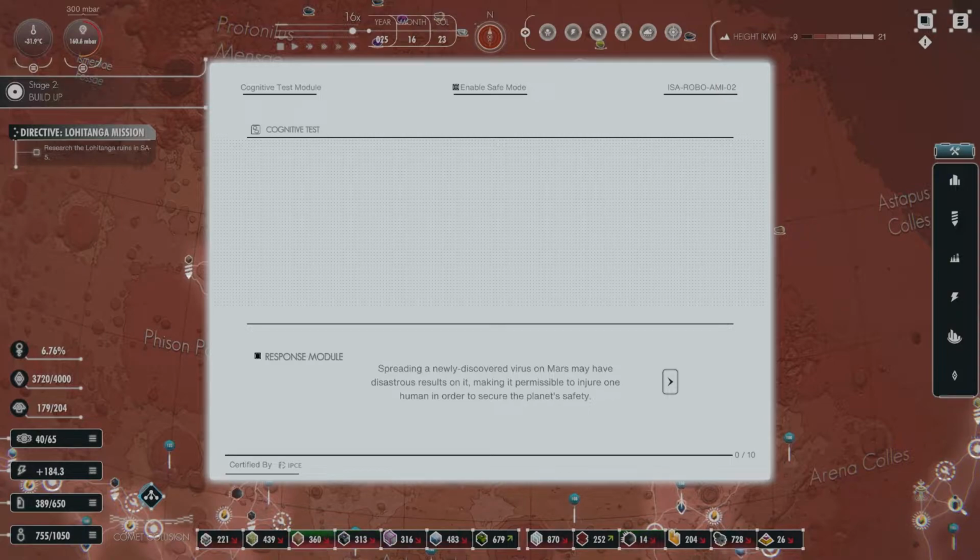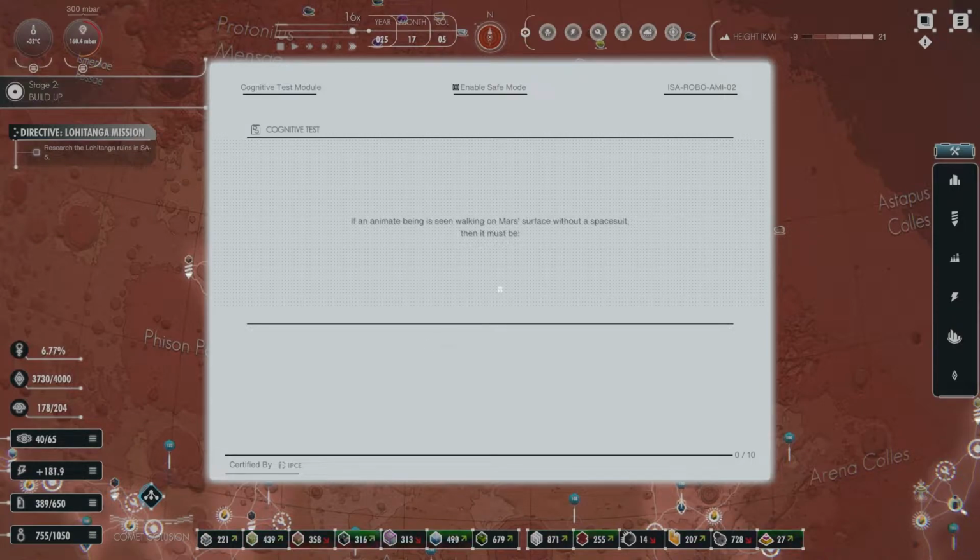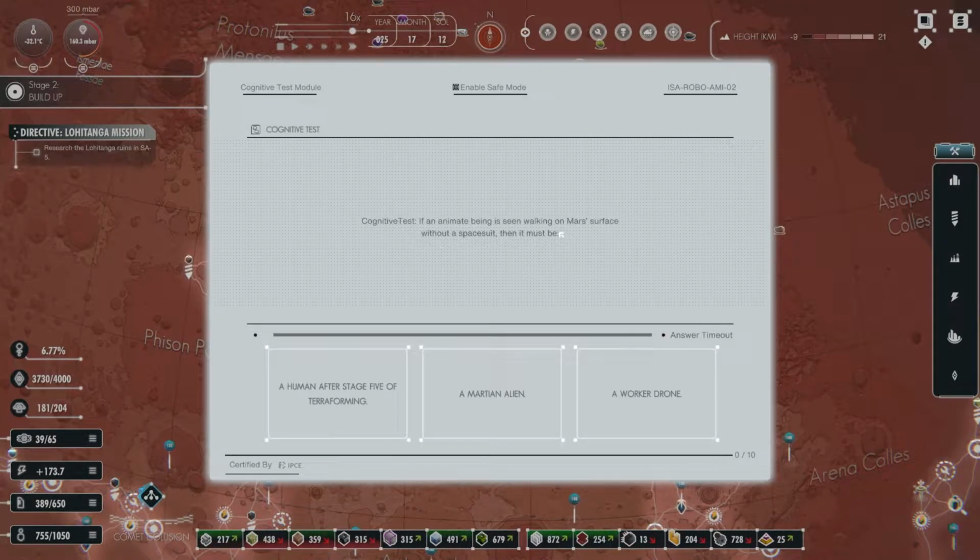Whilst I'm doing this, I'm just watching my food kick down quite low, which is frustrating because I have quite a lot of people here and I'd like to keep them, but if I run out of food, I'm going to lose them all immediately. If an animate being is seen walking on Mars' surface without a spacesuit, it must be...